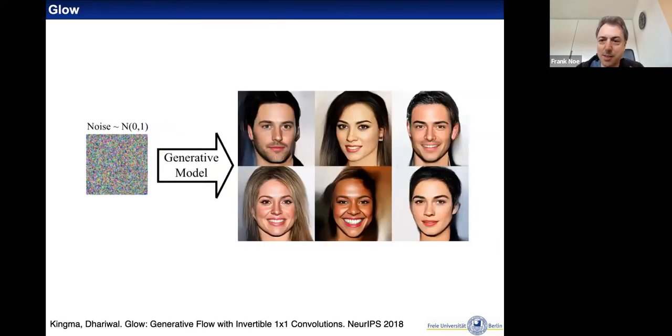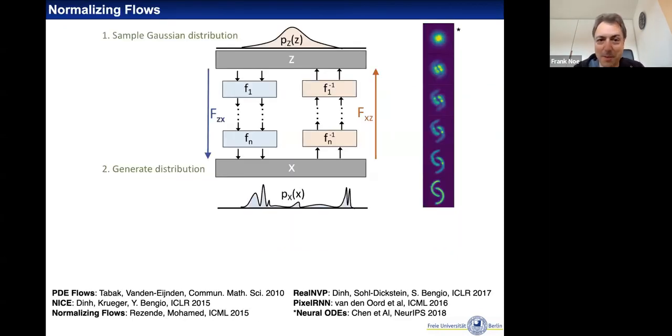And this is an old result that I'm showing because it's basically the first result obtained with a normalizing flow, which is the structure that we're using here. But now you can generate faces in super high resolution, 4096 by 4096, that look extremely realistic and are indistinguishable for the human eye from photos of actual people.